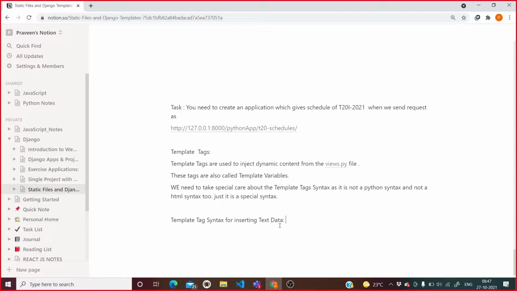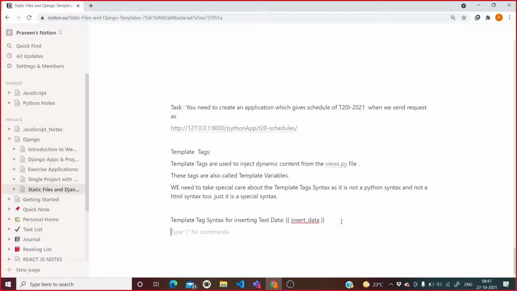We can do that just by writing insert data. Here we need to specify which data we want to insert, and we will enclose this data, or variable, within double curly brackets.